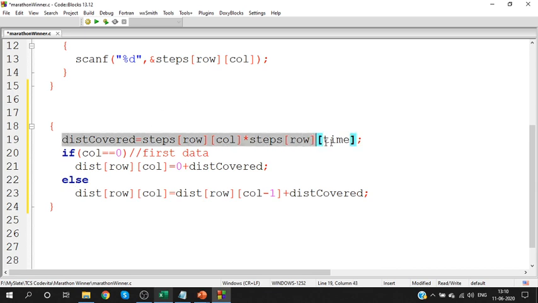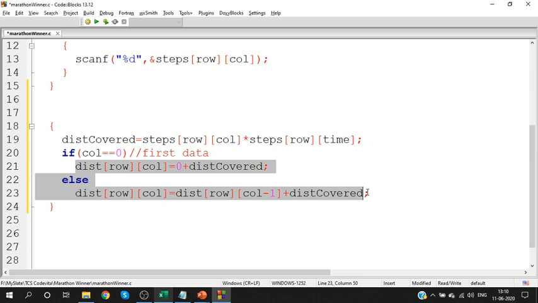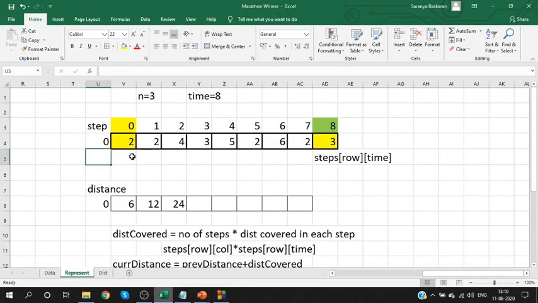Yes. Calculate the distance and update the distance array. Yes. So should this be done only for the first column or for all the columns? It should be done for all the columns, which means starting from 0th column till 7th column, not the 8th column, because last column is a different data. Ignore that.